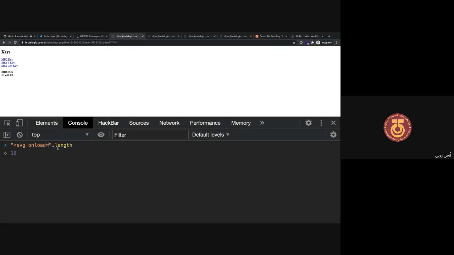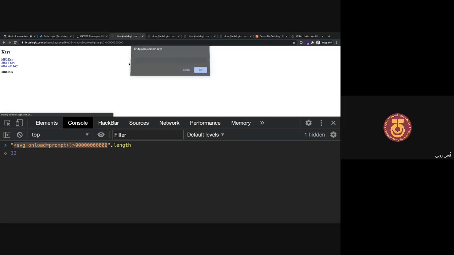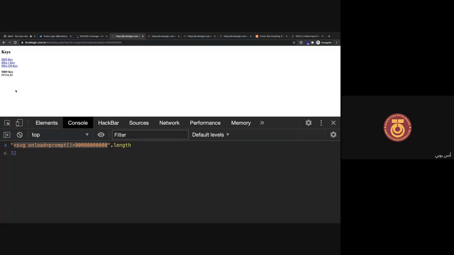So for example, SVG onload equals prompt, and now it's 21. So I need to add more zeros, for example 00, till it's 32. This one should be a valid payload in order to insert whatever I want to insert. Yep, so it worked. If I removed one character, it would be 31 characters, and it's an invalid key, as the website tells you,